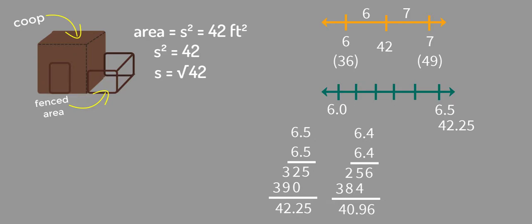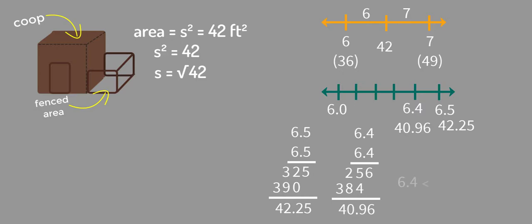So thankfully I chose the right ones, because 6.5 squared is greater than 42, and 6.4 squared is less than 42. So essentially what we're finding right here